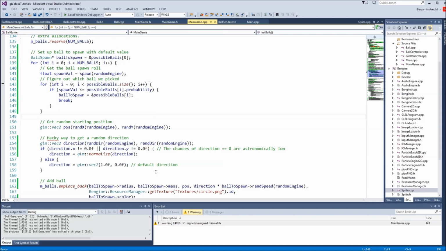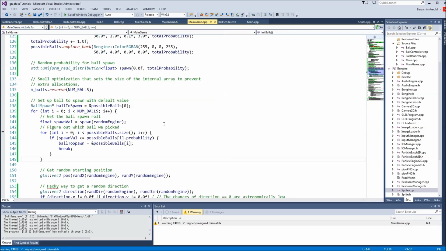And right off the bat, I want to bring your attention to the warnings down here. Whenever you build your game, you get errors and warnings. Now, until now, we've been completely ignoring warnings, which we should not have been doing. One of the most common warnings you're going to get is this warning: signed-unsigned mismatch. We should go ahead and fix all these warnings because there are a lot of bugs that can be prevented by looking at these warnings. So this signed-unsigned mismatch happens whenever you have a signed integer like this int